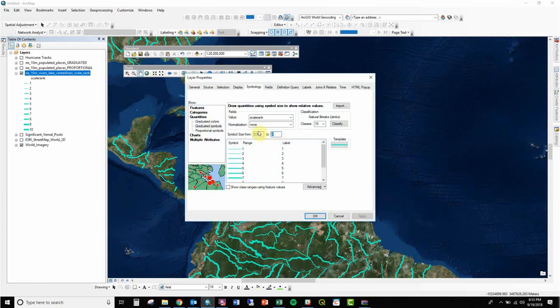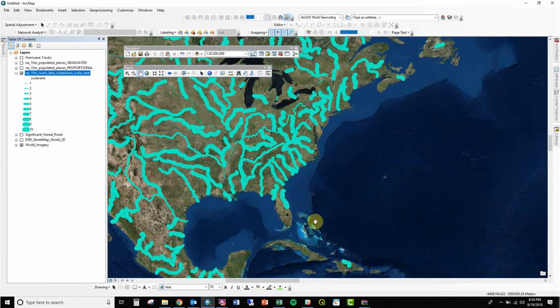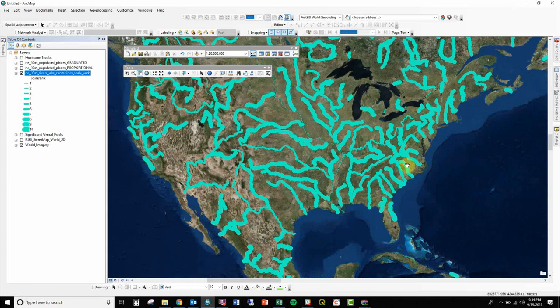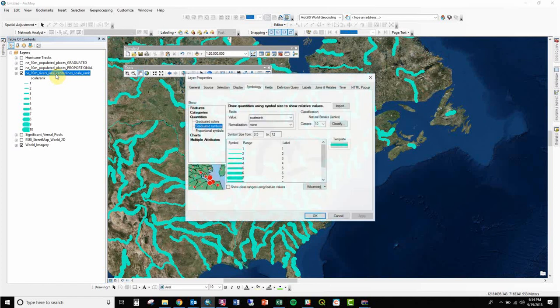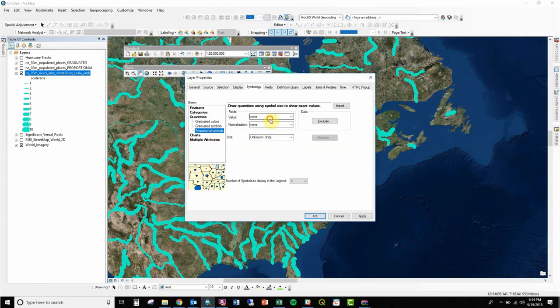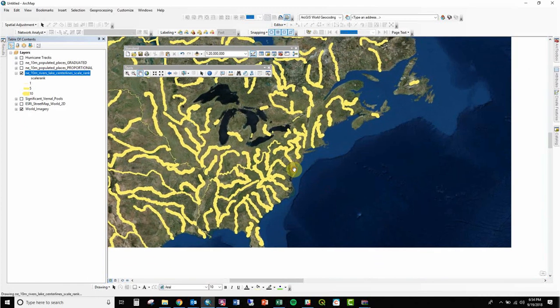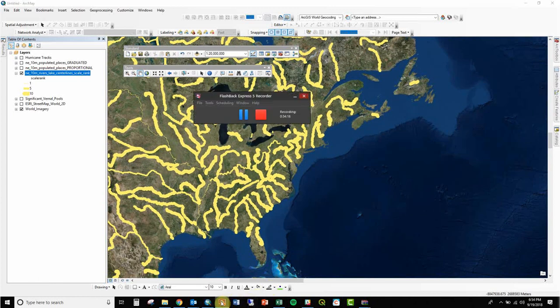Let's see if we exaggerate this a little bit. So what I did is I changed the biggest one, and then when I clicked off of it, it recalibrated all the widths. So not really. I think most of them are just like scales 9 and 10. So that's one way to look at rivers. I think. Yeah, I guess that's really all I wanted to show you guys about that. And yeah, I'll just stop there unless